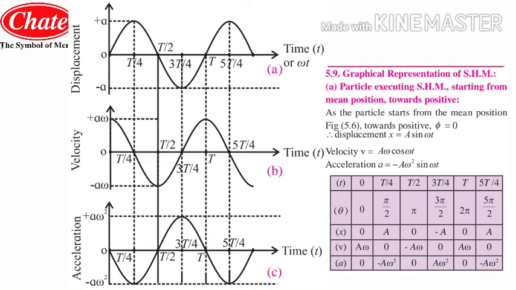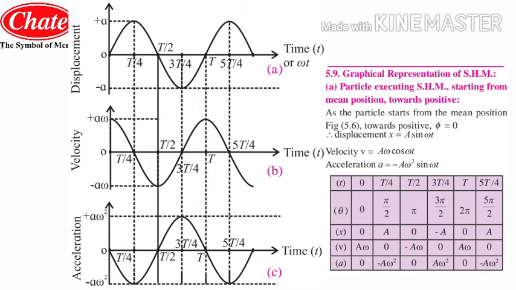So students, if we observe the graph for the displacement, on the y-axis you can see the plus a. After that, at the lower extreme position there is minus a. These values indicate the maximum values: plus a means the particle will be at its extreme positive side, and when the particle is at the negative extreme side it will be minus a. In between them the origin of x and y axis is given, which is denoted as O.